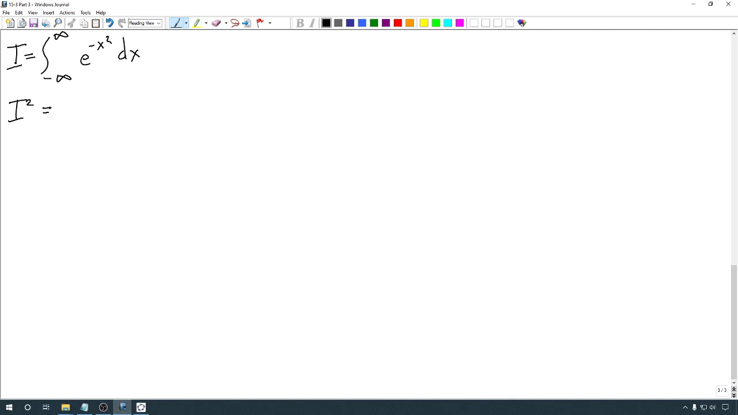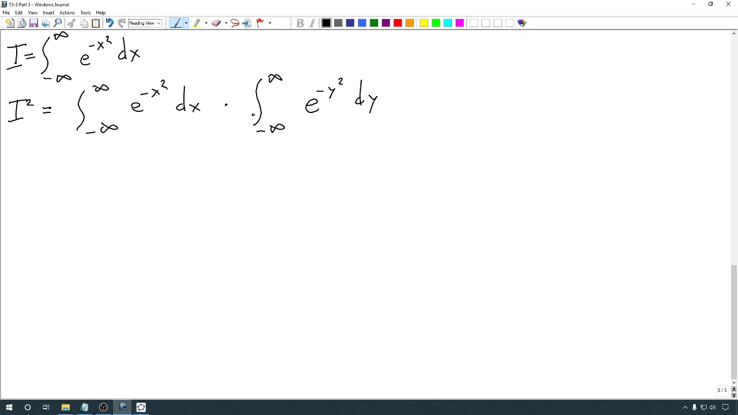What is I squared? I squared is this integral times itself. And I'm just going to write that out. We're going to take this integral, and we're going to multiply it by another copy of the same integral. Except this time around, I'm going to change the variable. Instead of using x's, I'm going to use y's. So I have the product of two integrals,